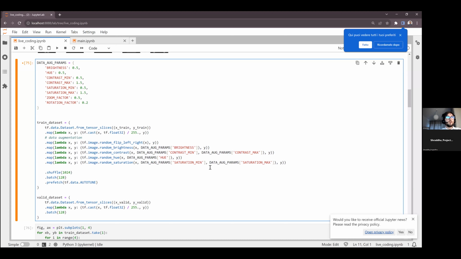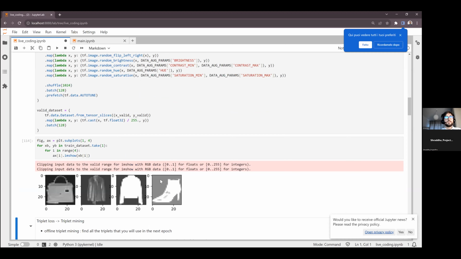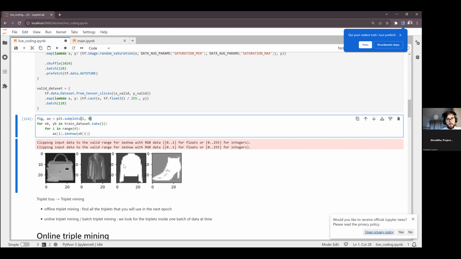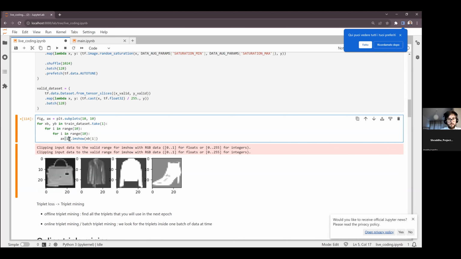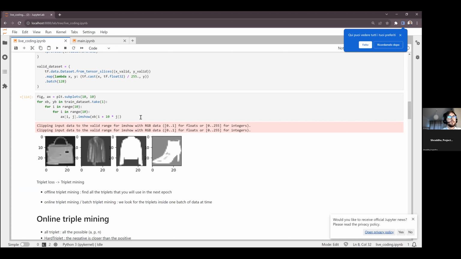Let's simply go look at how this influences our images. You can see that we have this image where the background is not black anymore, it's a bit different. Maybe I want to give you more examples. So maybe let's put 10, and let's do something like that, for i and j, i plus 10j.